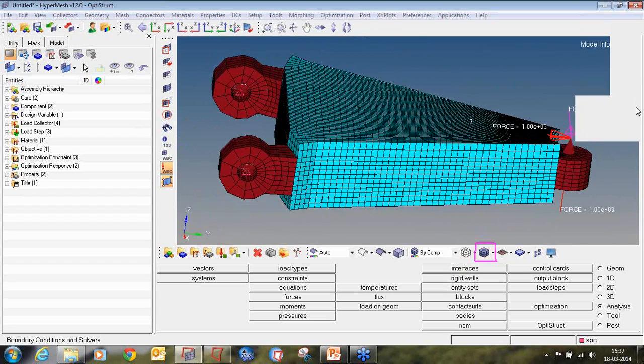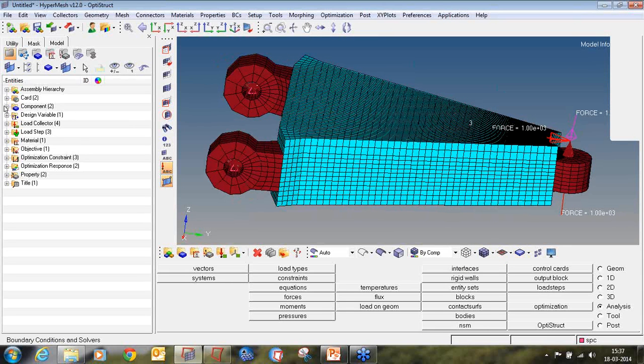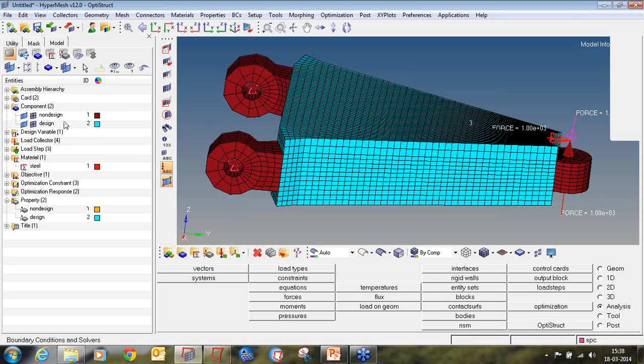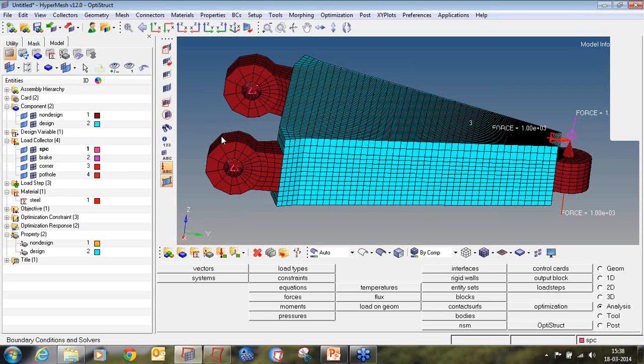In my model the loads and boundary conditions are already applied, so we will quickly check them. We'll start with the material and then go further. Material is defined, property is defined, component is updated, load collector is defined and applied, load step is defined.